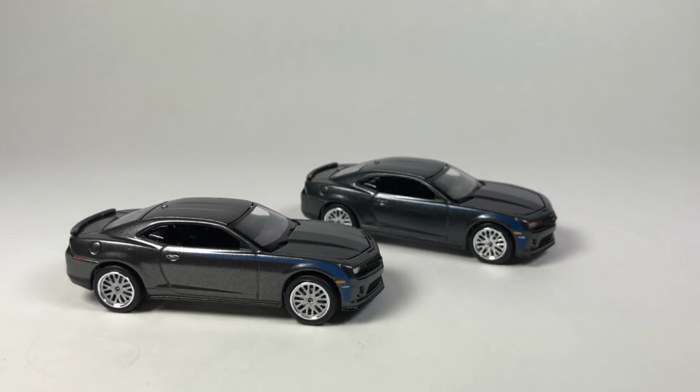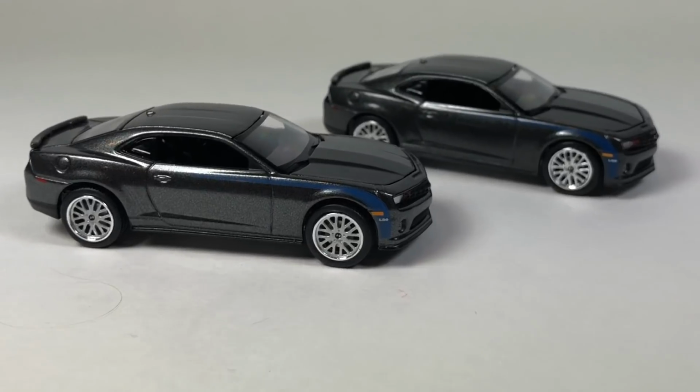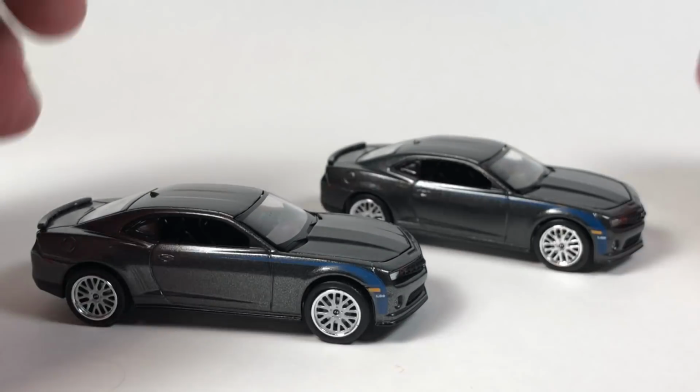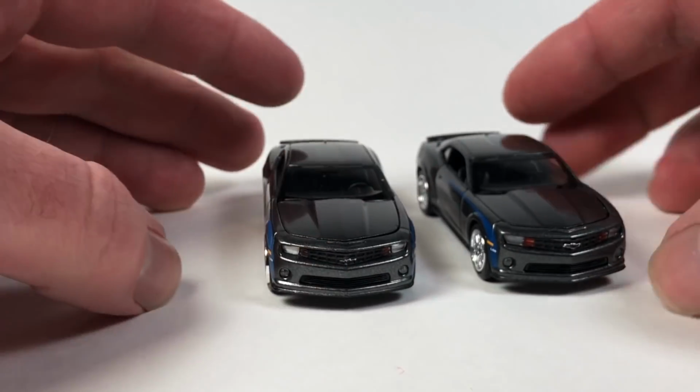All right, so let's start with some Auto World. Let's start with these two Camaros. I just want to get this out of the way just to show you guys this. I find it extremely interesting. I don't know necessarily if you guys will or will not, but